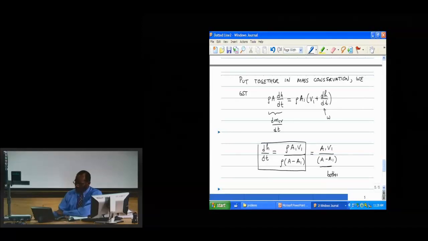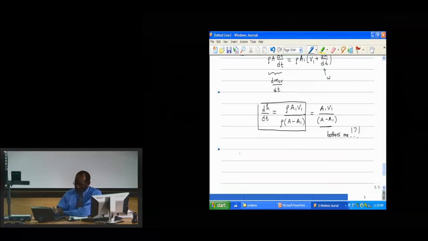And that's okay, right? Because what we actually said was that dH/dt is really the rate of filling. And so we're saying that it matters if you have a pencil-thin amount of fluid filling up. So here A1 is tiny compared to A, which is the cross-sectional area of this bucket,